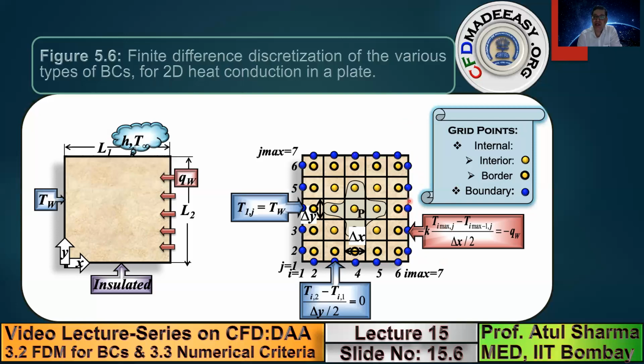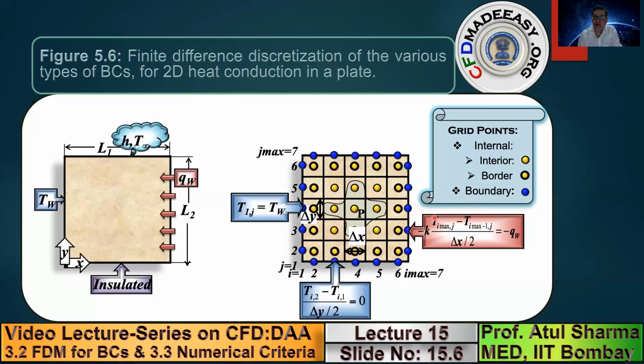So if you do a first order backward differencing, this is called Imax. Note that we have 7 points here. i is equal to 1 for all these points, i is equal to 2 for all these points. This is 3, 4, 5, 6, and 7. This corresponds to the maximum number of grid points in the x direction, Imax. So we have to calculate dT/dx at Imax. To calculate dT/dx at Imax, if you apply the backward differential, you get T(Imax) minus T(Imax minus 1) divided by the distance between these 2 points, which is delta x by 2.